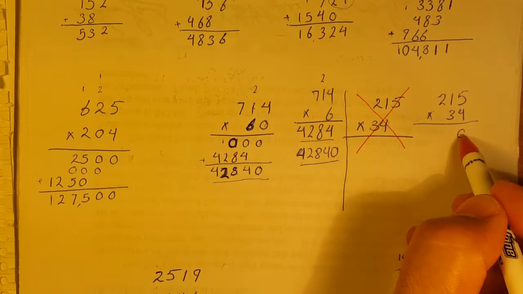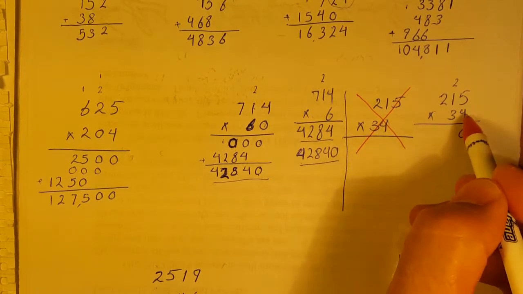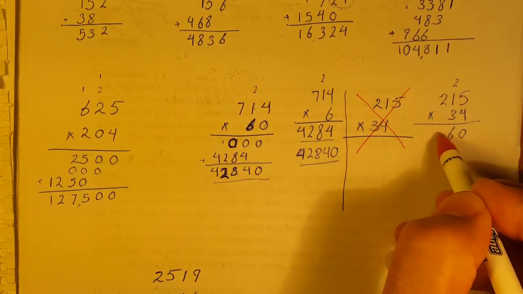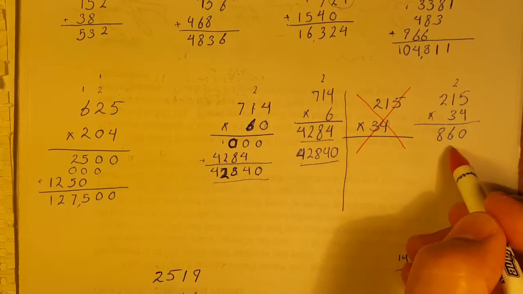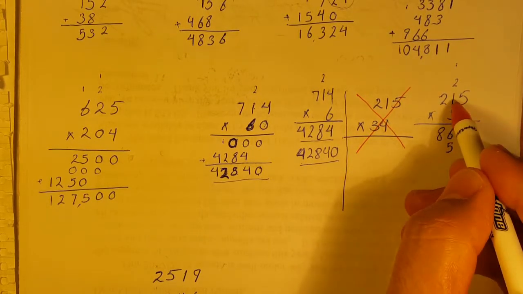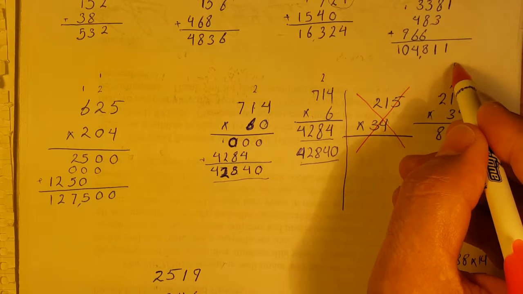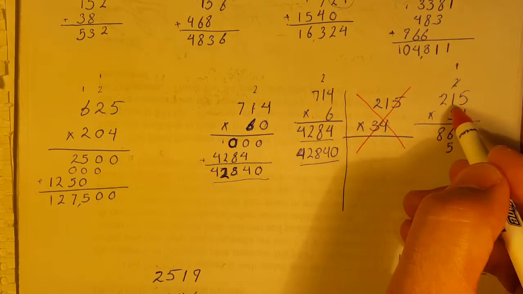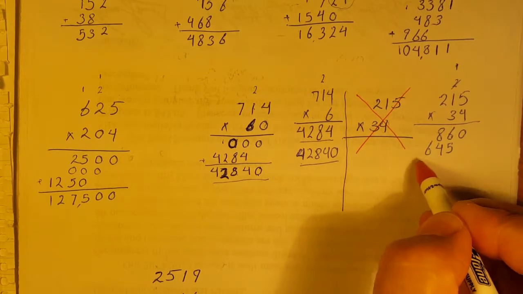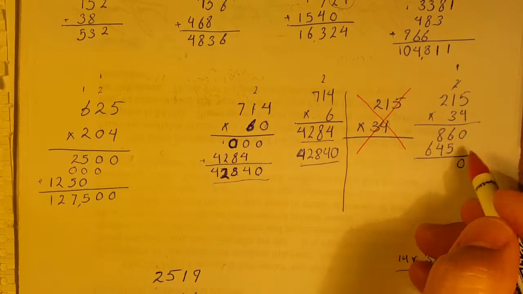4 times 5 is 20. 0 here, 2 goes up. 4 times 1 is 4 and 2, 6. 4 times 2 is 8. 3 times 5, 15. 5 here, 1 goes up. 3 times 1 is 3, and 1 is 4. 3 times 2 is 6. 0,